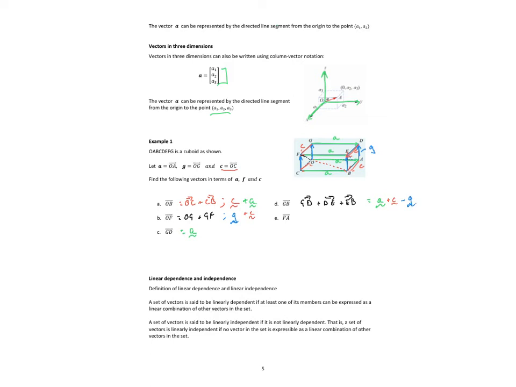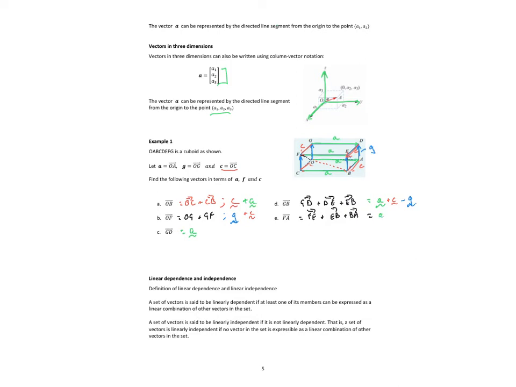Finally, FA. Where's FA? It's the opposite corners. So FA could be, I might work FE plus, what if we go EB plus BA? What does that give me? It gives me